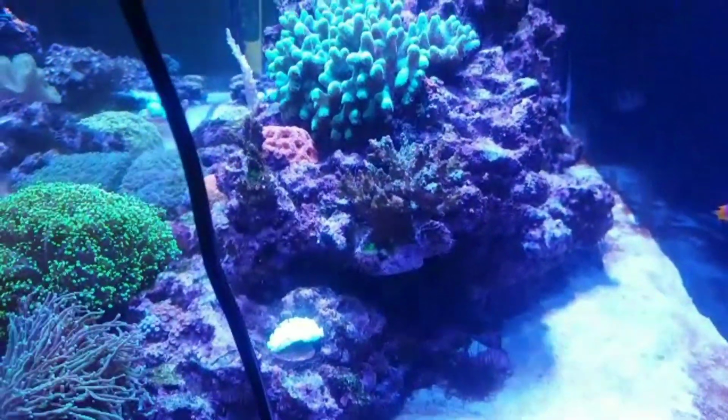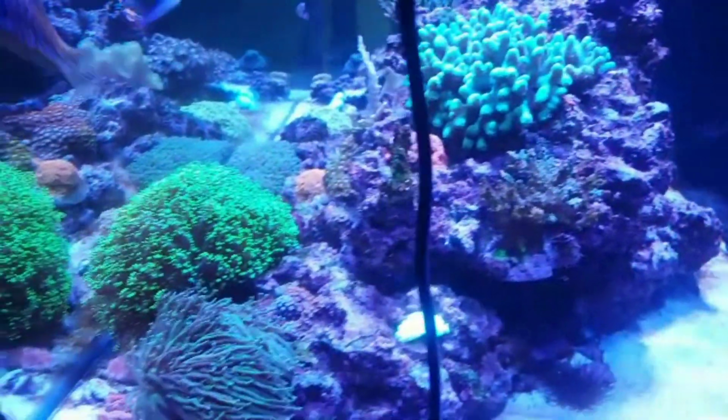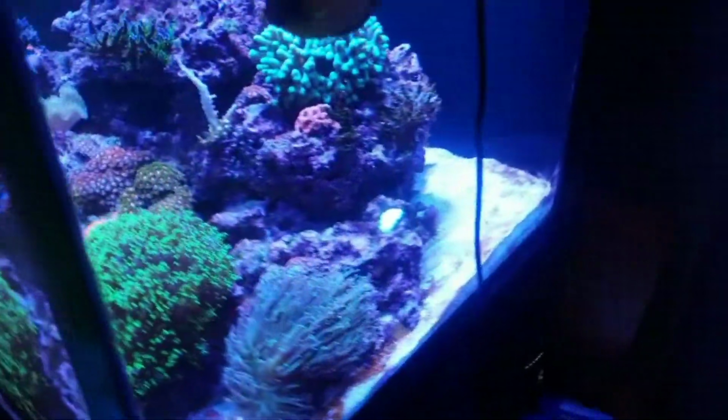And I'm happy to see the fish. My fish are very healthy. You can see them swimming on the side. I didn't lose any fish, and I just can't wait to be back